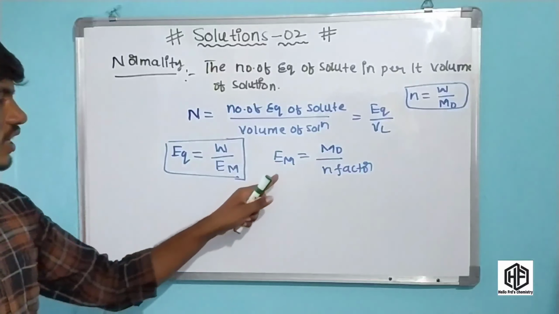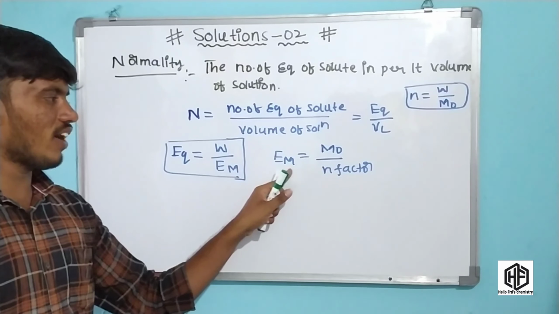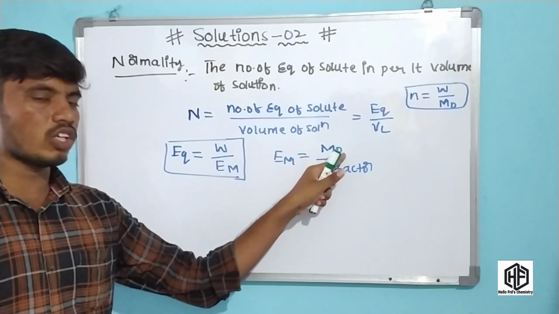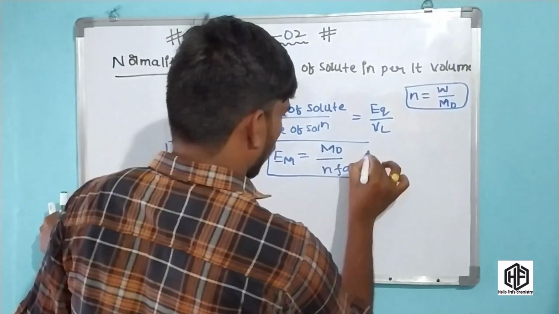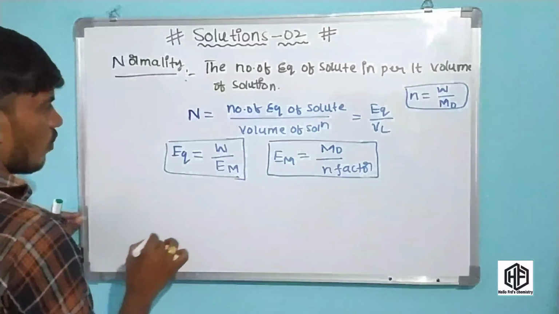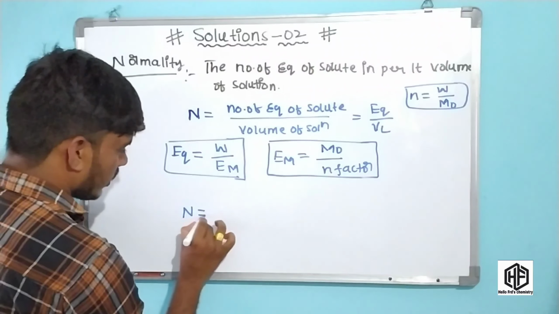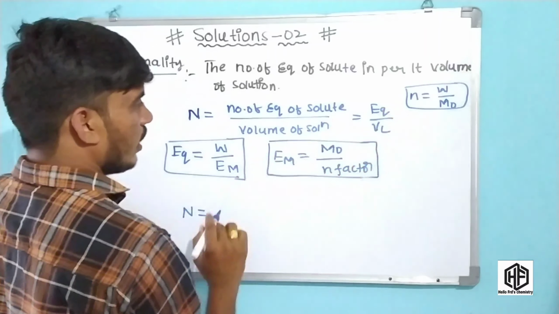Okay friends, now what is equivalent mass? Equivalent mass is equal to the molar mass of solute by N factor. This is called equivalent mass. Okay friends, finally, normality is equal to the equivalent by